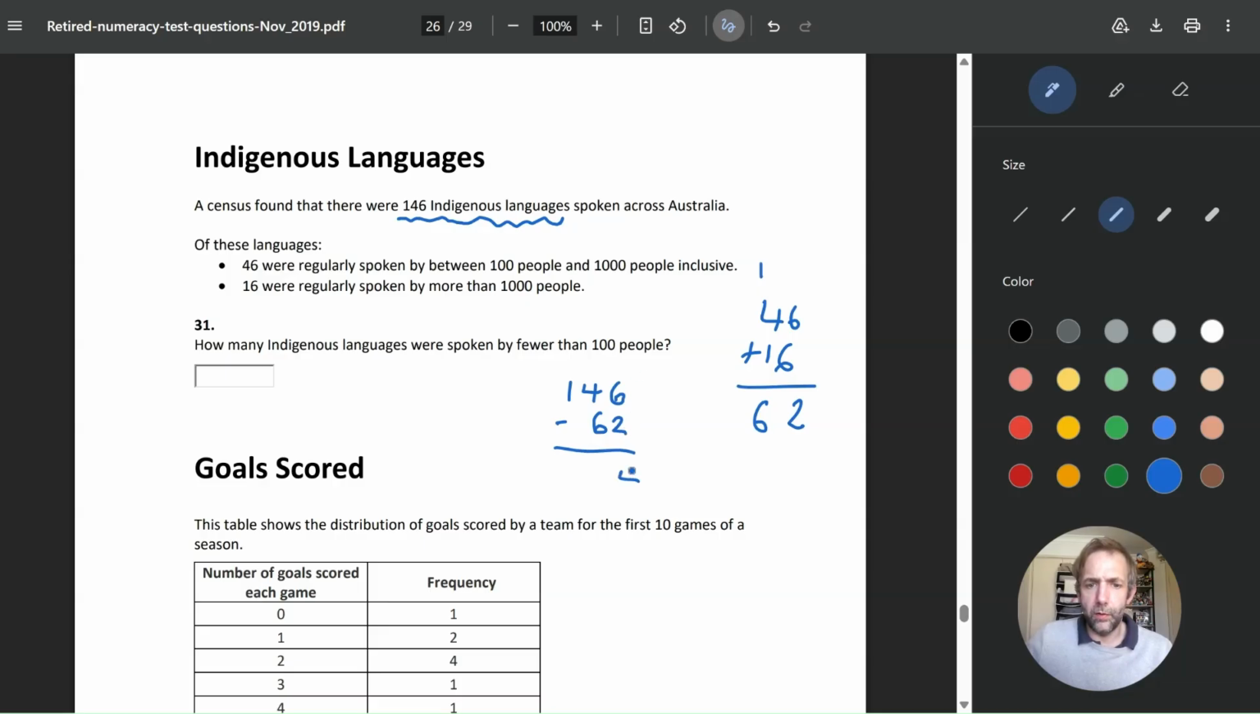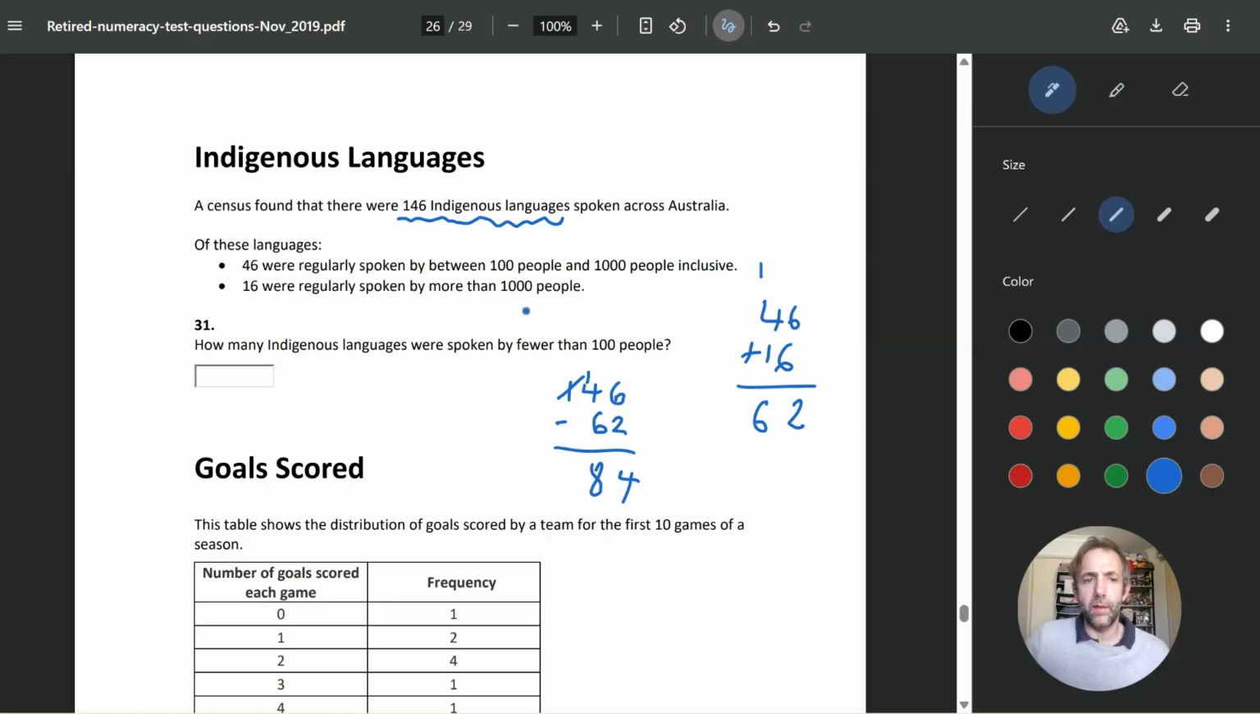6 take 2 is 4. I can't do 4 take 6 without going into negatives. So we borrow a 1 from here and make this 14. 14 take 6 is 8. So 84. I have 84 languages left over, and they must be in this criteria here because that's the only